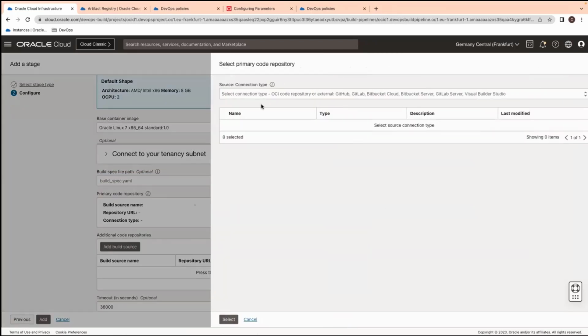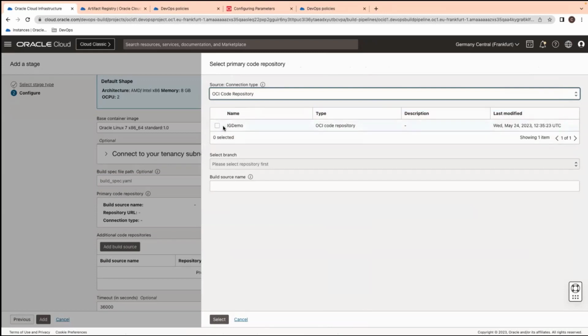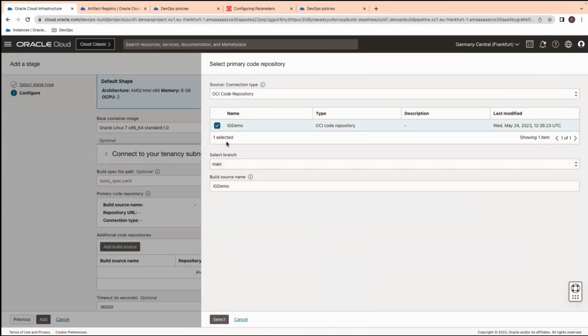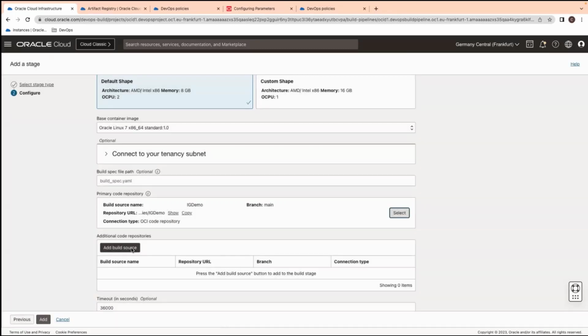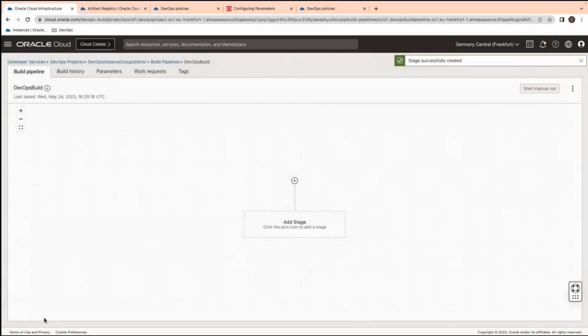Now select the primary code repository. Here, I'm going to select the OCI code repository and then select the IG demo, because that's the repository which we just created. Once I do that, the next step is that I'm going to click on add so that the build step is complete. Now that we have successfully completed the build step, and we'll test it very soon,